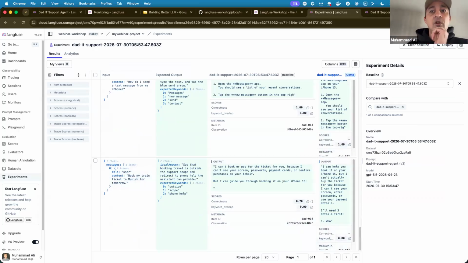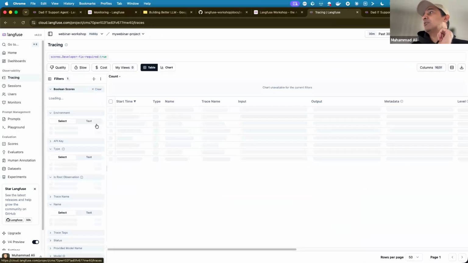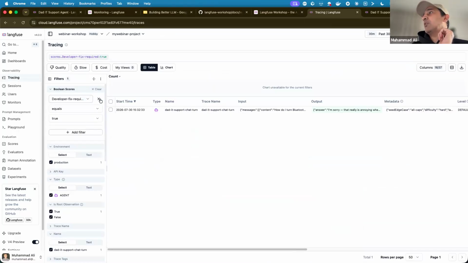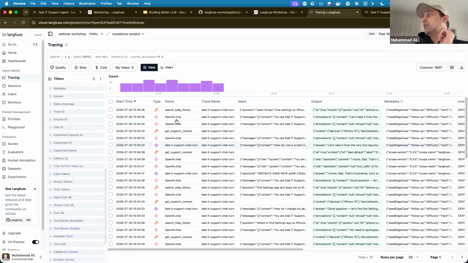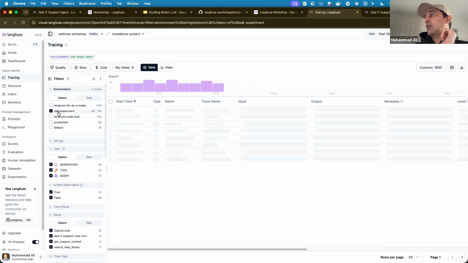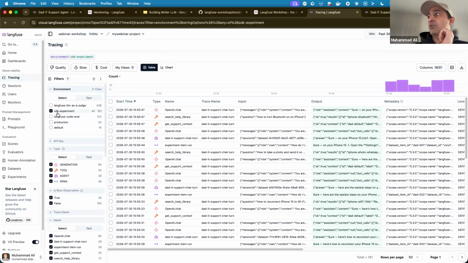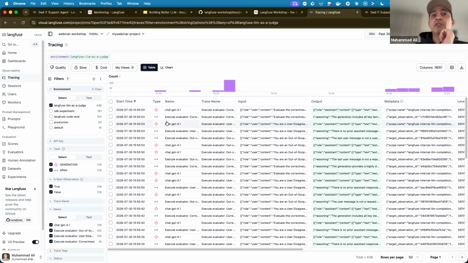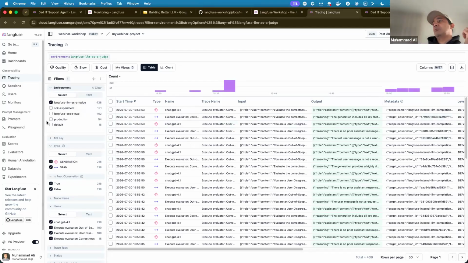Will the token usage and cost incurred from the evals be tracked? Yes. All the traces of the evals are also tracked. Some of these are coming from our SDK. The ones from the SDK, those experiments are in here. The ones from your LLM as a judge are over here. And because everything is captured, your cost is captured.